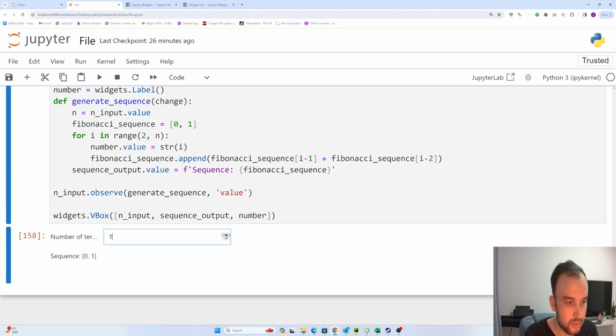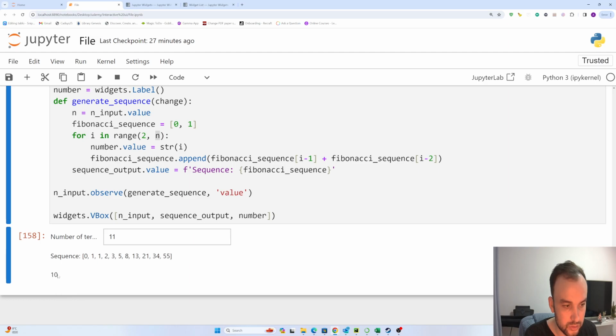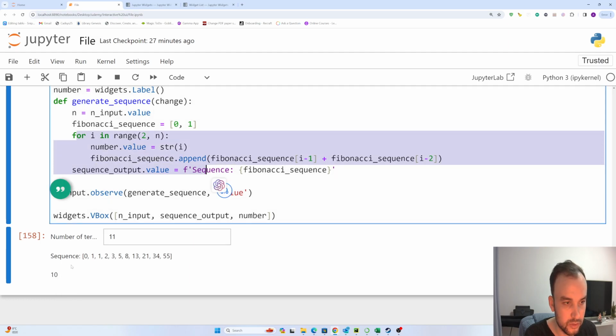Run again. 0, 1, 2 it doesn't work here, but when it's 3, okay, here the value is 3, and when it's 4 it will be 3. The highest number is 3, and 5, 4. Here we can see when it is 9 the last number will be 8 because it's changing. Actually it changes so quickly in the for loop that we don't see. But